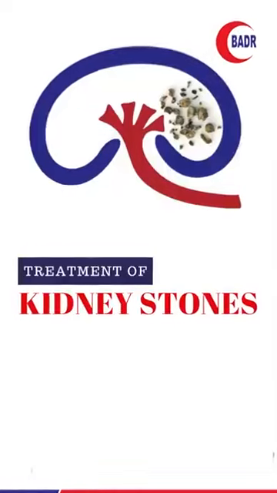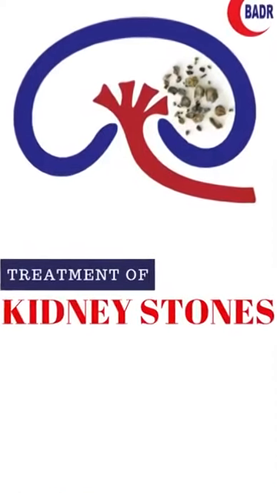Stone dissolution, or dissolving of the stone, is only possible for 2 types of stone. One is uric acid stone, which I mentioned, that happens in patients who have acidic urine. Specifically, the pH of their urine is between 5 and 5.5. With that, we could give them several medications to increase their pH to 7. To give an example, it's like putting ice in warm water, and slowly the stone could dissolve, get smaller and pass. Surgical treatment of kidney stones